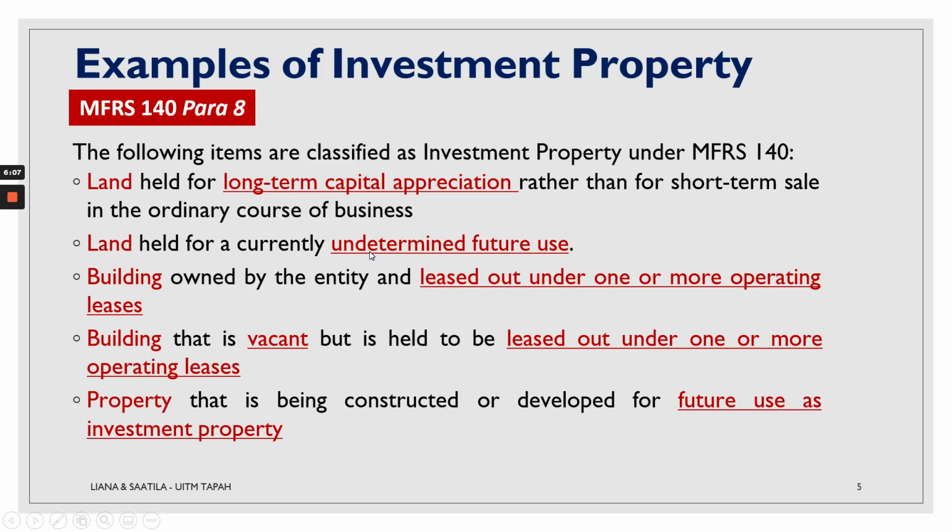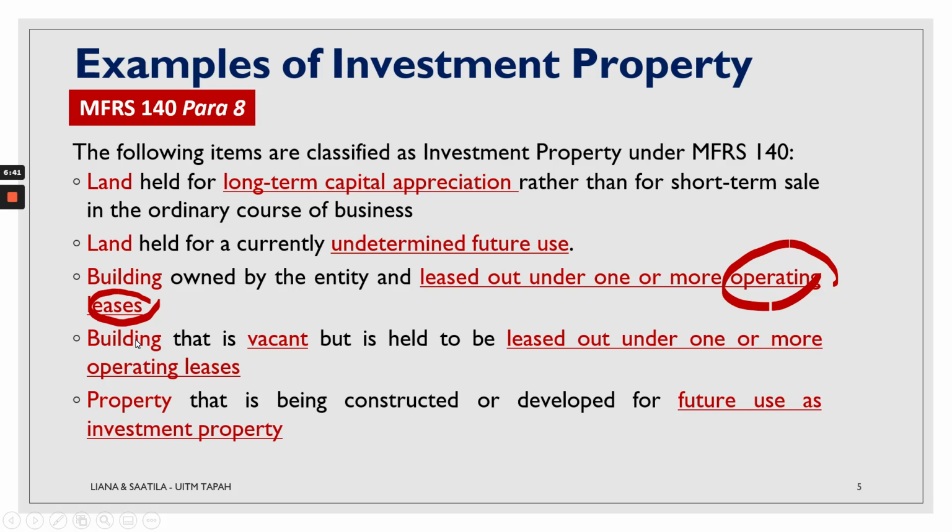Land, if you purchase it and you have not decided on the purpose of purchasing the land, you have not determined what will be the future use of it, so that will also be an investment property. Building that was leased out under one or more operating leases. So if you are the lessor, you are the owner, and you lease out to a lessee under one or more operating leases, that is still a building of the owner,